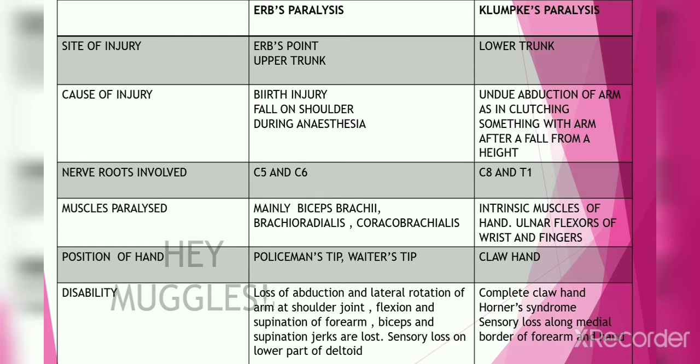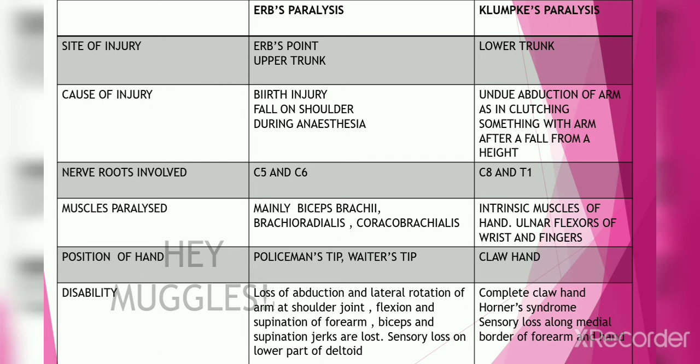Then there is extension and pronation of the forearm. The forearm is extended and pronated, right? So there is extension of the elbow due to paralysis of biceps brachii. Basically, biceps brachii brings flexion of your forearm, but since biceps brachii is paralyzed, the forearm is in extended position. Then there is pronation of your forearm because of paralysis of your biceps brachii, similar muscle, right?